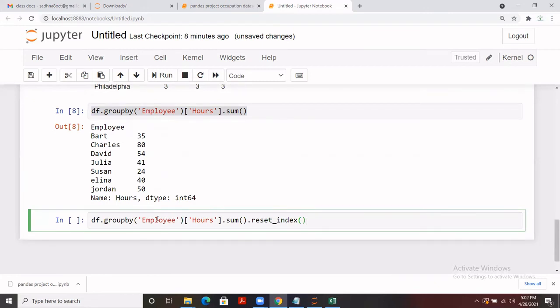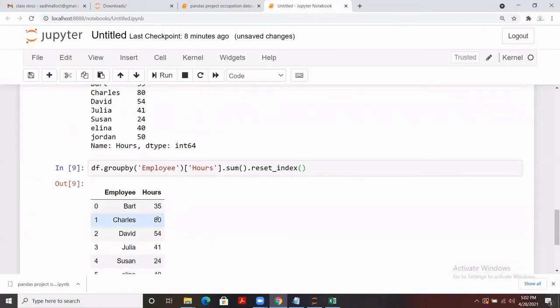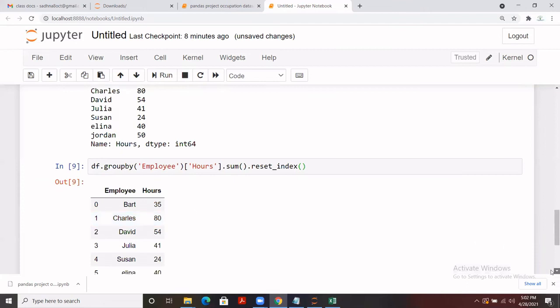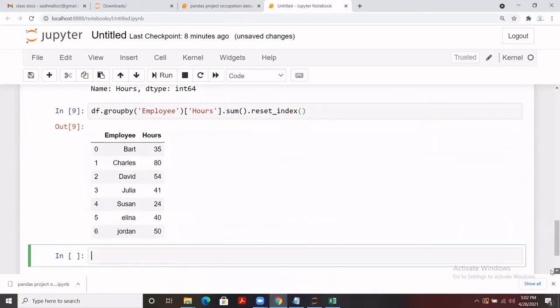So the data is grouped for the employee column, so the employee column is the index column now, but in case you want to reset the index, you can do that as well. And it is alphabetically sorted for the employee column, but let's say we want to sort based on the values we have for hours, so we can do that as well.